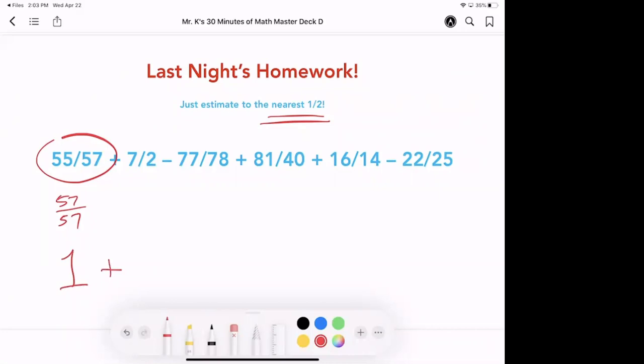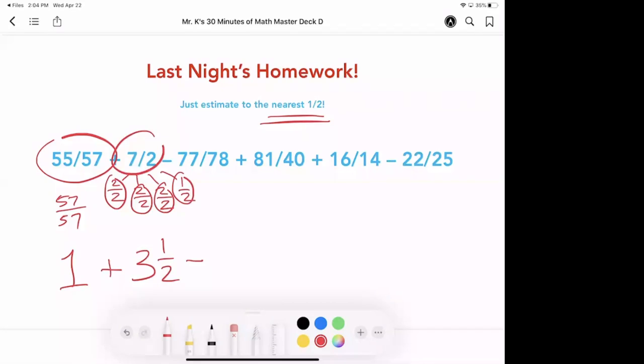Plus 7 halves. Well, let's do some number bonds here. 2 halves, and 2 more halves, and 2 more halves. That's 1, 2, 3 wholes. And then we'd have 1 half left. So that would be 3 and a half. All right, that's done. Then we have minus 77/78ths, which is really close to 78/78ths, or 1 whole,